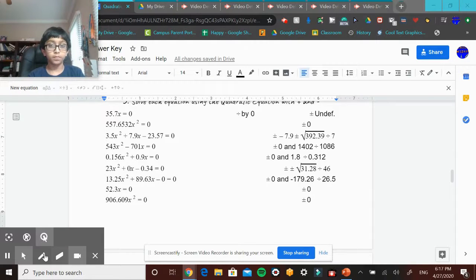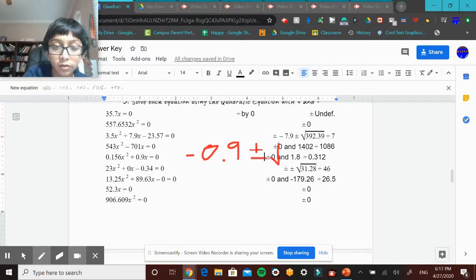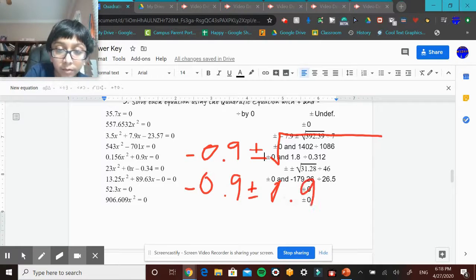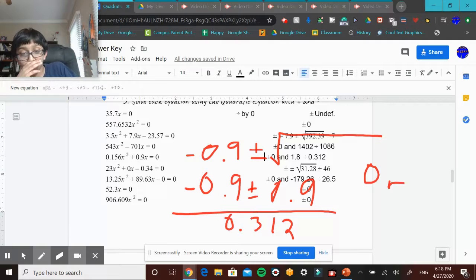Okay, so we just finished the problem here, and we're moving on to this problem. I will be needing the calculator. Negative 0.9 plus or minus the square root of b squared. Wait, is c 0? Oh, I don't have to do any of this. Negative 0.9 plus or minus 0.9 divided by 2 times a, which is, oh no, I do not like how that looks. 0.312. So if it's plus, then our answer is 0, or negative 1.8 divided by